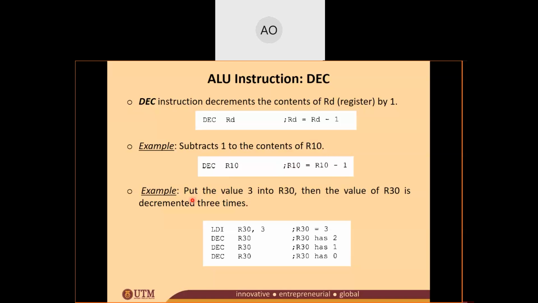Another example. You are going to put the value 3 into R30. Then the value of R30 is decremented 3 times. Now you have an immediate value 3, and you're going to put it into R30. Because this is an immediate value, you need to use the LDI instruction, so that this value is put into your R30. After this value is stored to your R30,